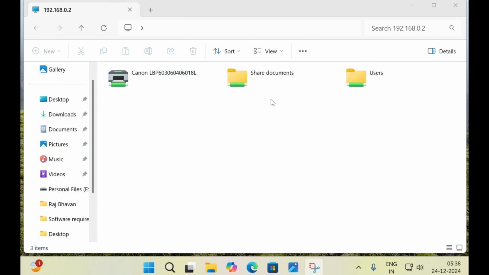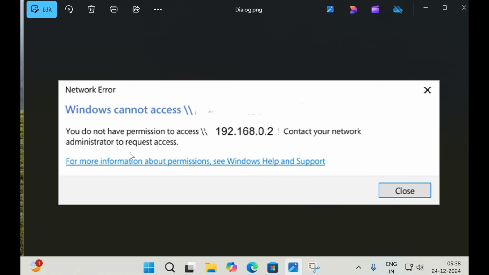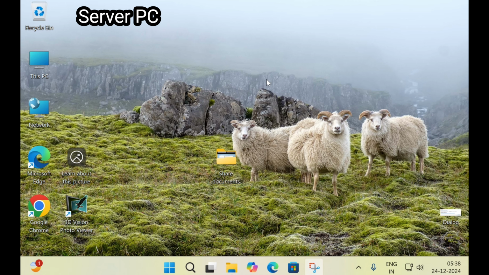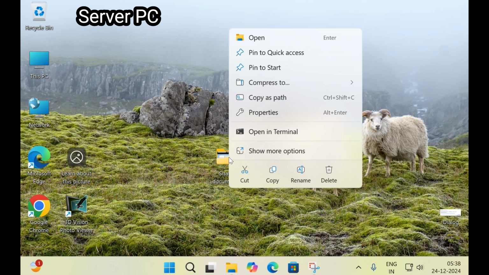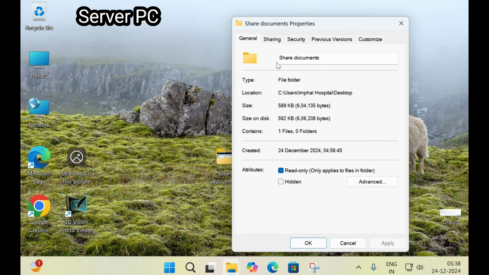When you click on the shared document and you get this error, then I will teach you the technique to solve this error. To solve this error, right click on the folder which you have shared, then click on properties, then click on